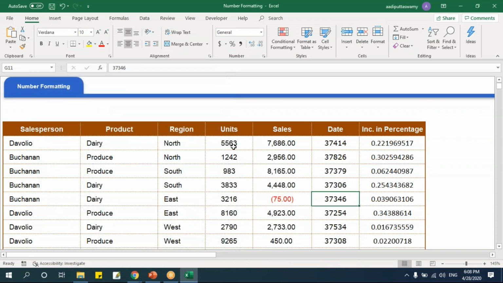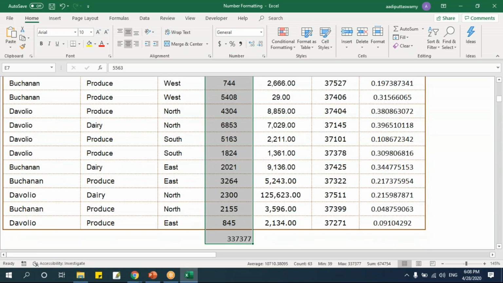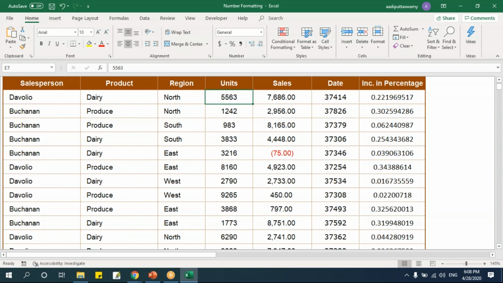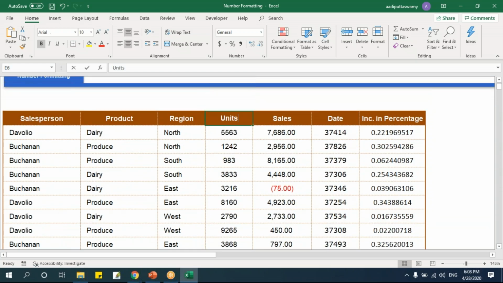Fine. Let's come to these units. When I say units, this can be kgs, numbers, or any units. Usually what we do is go here and type kgs in the heading. But what if I want the same thing placed here, say I want to append the text kgs here?